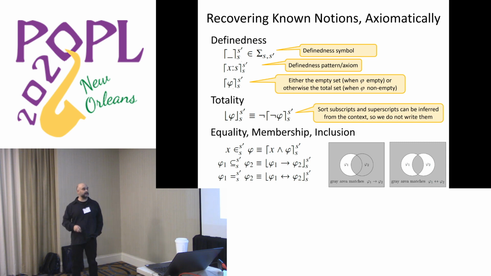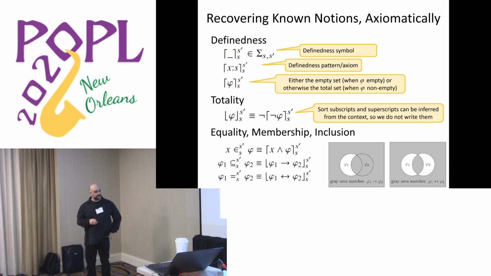Then you can define lots of other constructs which are very useful, like membership, inclusion, even equality. Okay? So membership for a variable, it's a set variable, an element variable belongs to a pattern, meaning that X matches that pattern. But what's really interesting is that you can define equality. In first order logic, you cannot define equality in the sense that we cannot add axioms so that the models will be exactly the models where the binary relation is depicted as equality. It will be some isomorphism. But here you can define the exact equality, and it's defined like this.